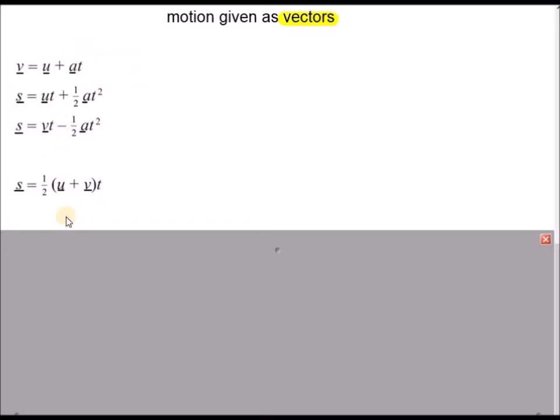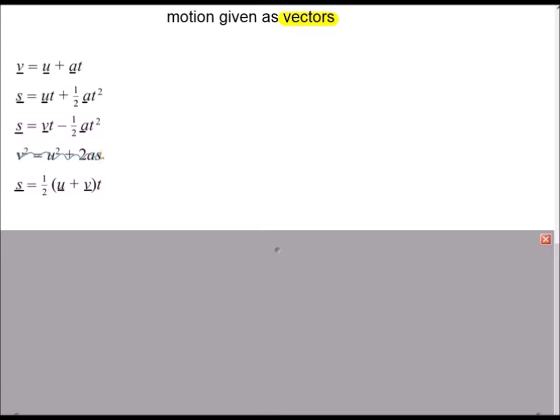Now one of these SUVAT formulae is missing, which is this one. Because we've got vector notation here, taking a vector and squaring it is beyond the scope of the course, so we're not going to use this formula here. If you want to solve a problem using this formula, then you have to use a workaround, so use one of the others or a combination of the other formulae,